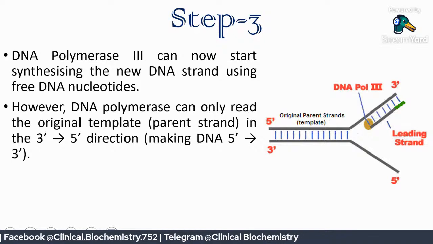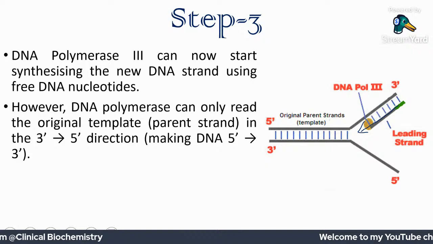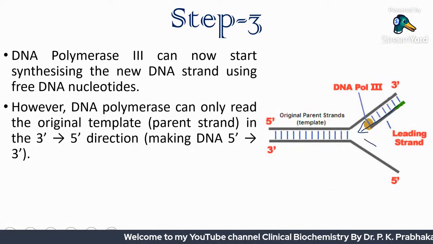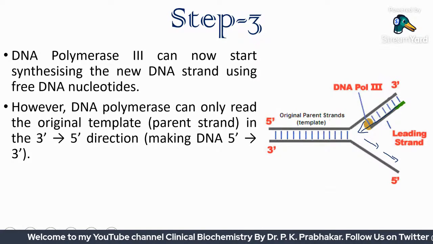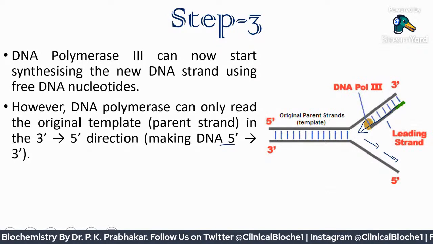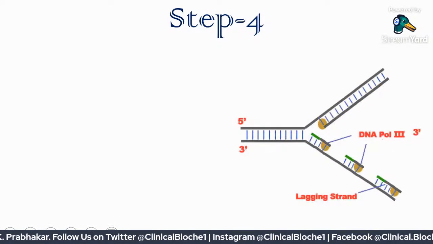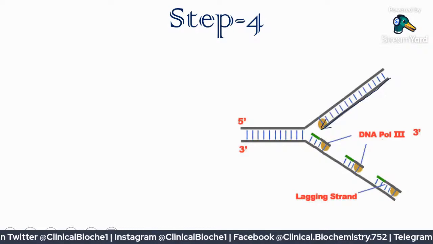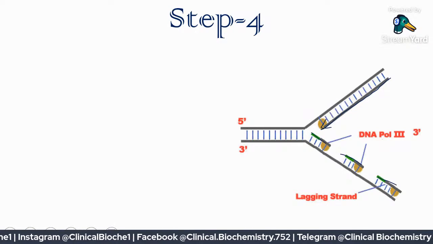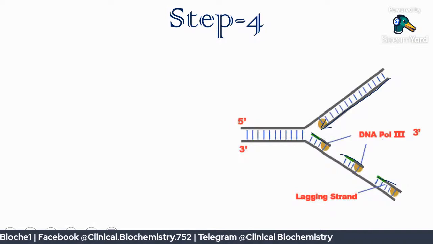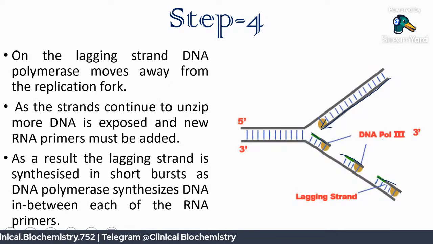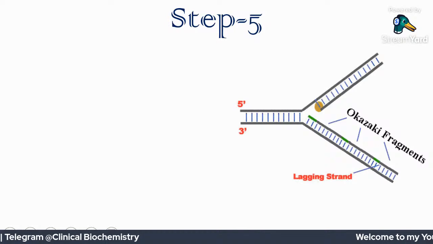Then step number 3, on one strands, a replication is continuously going on towards the fork, that is called as leading strands. On another strands, it is in fragments, that is called as lagging strands. बट डायरेक्शन दोनों की 5 प्राइम टू 3 प्राइम ही होगी। सो ऑन वन स्ट्रैंड लीडिंग स्ट्रैंड, ऑन अनदर स्ट्रैंड वी आर हैविंग लैगिंग स्ट्रैंड और ओकाजाकी फ्रैगमेंट्स। व्हेन वी हैव दिस मच, देन वी आर गोइंग टू रिमूव दिस प्राइमर पोर्शन यहां से, और दीज प्राइमर्स नीड टू